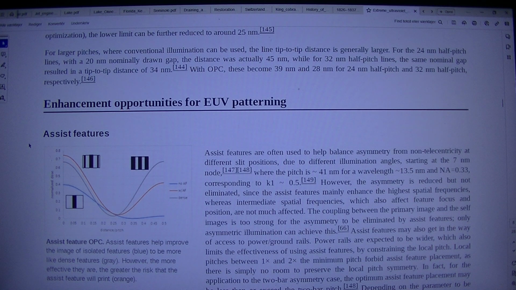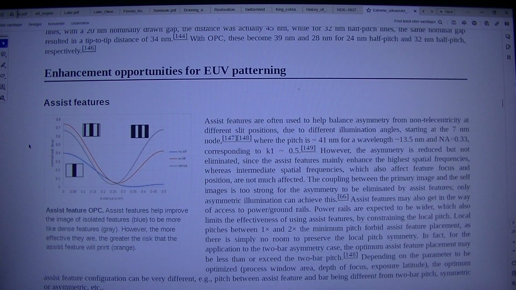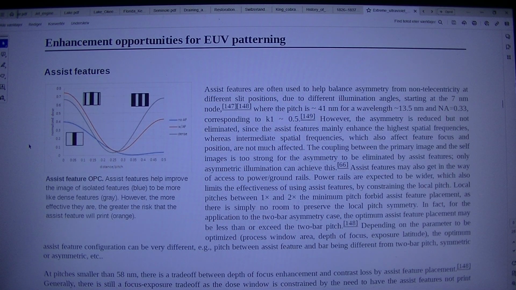Enhancement opportunities for EUV patterning. Assist features. Assist feature OPC. Assist features help improve the image of isolated features, blue, to be more like dense features, gray. However, the more effective they are, the greater the risk that the assist feature will print, orange. Assist features are often used to help balance asymmetry from non-telecentricity at different slit positions, due to different illumination angles, starting at the 7 nm node,